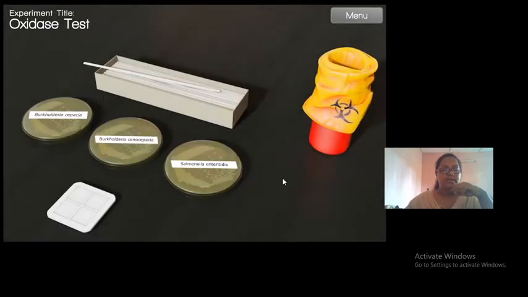So this is everything that you need. Of course, you have to have a Bunsen burner when you open the plates, but more or less this is the setup. This is a box of plastic applicator sticks. These are your test organisms: Salmonella enteritis, Burkholderia sepsiae, Burkholderia cenosepsiae.